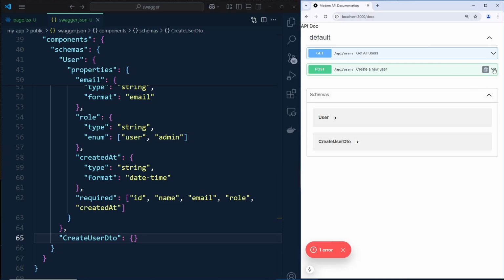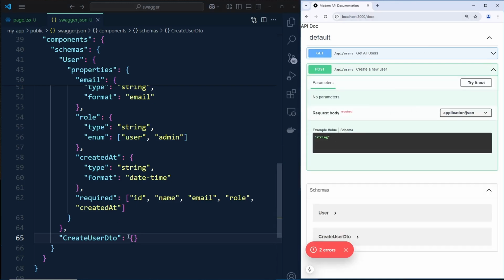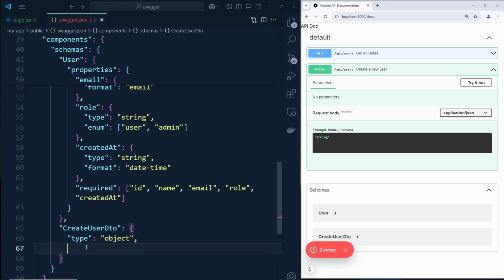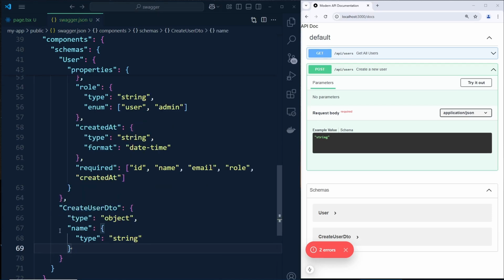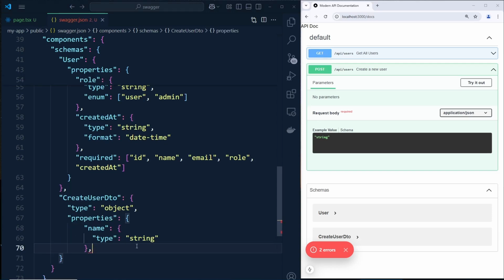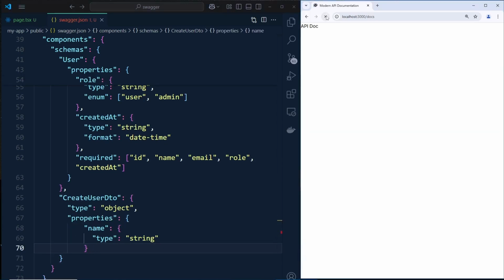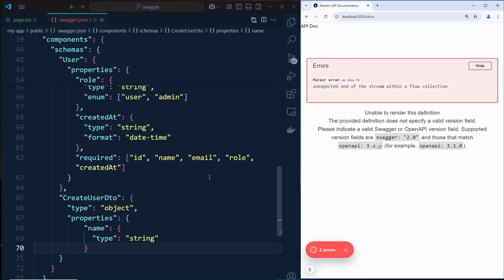If I give a refresh, as you can see, here is the string initially. Let's define it, guys. We can define type object, and after that we can define properties, just like this. So name and string. There we go, we have defined properties, and if I give refresh, we got an error,